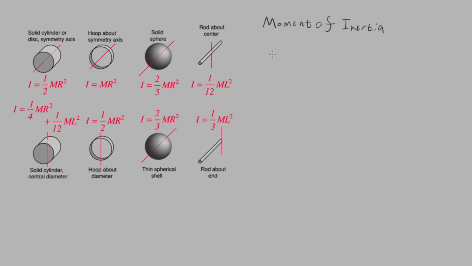After looking at Walter Lewin, we should have a good idea of what is actually going to be different about rolling objects. The name we have for this is the moment of inertia. We call it rotational inertia as well. But what's really going to be the impact here is not just the mass of the object, but the shape